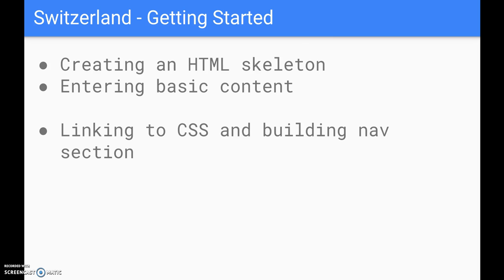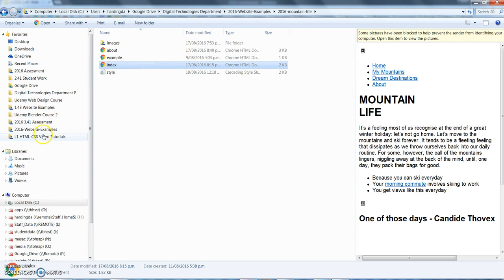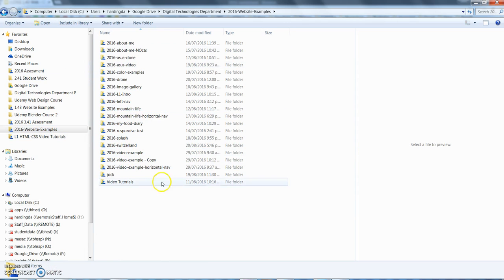We're going to have a look at how we can enter some of the basic content and link to our CSS and begin building the nav section. So I'm going to go to Windows Explorer now, and to the folder that has all of my websites in it, and I'm going to create a new folder. Remember, for every single website we make, we want to create a new folder. So I'm going to call this one 2016 Switzerland